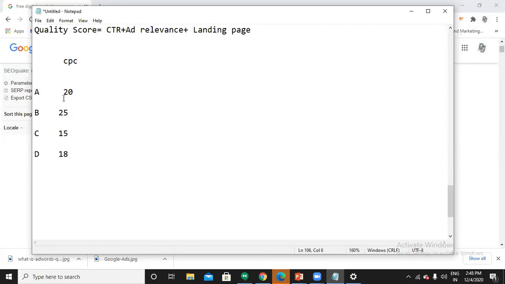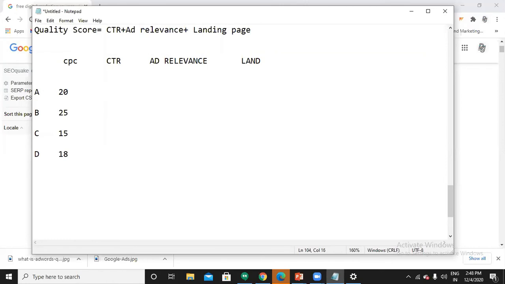These are the bids of each advertiser. Then CTR, ad relevance, and landing page experience.